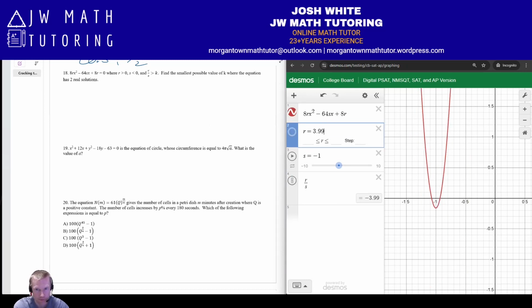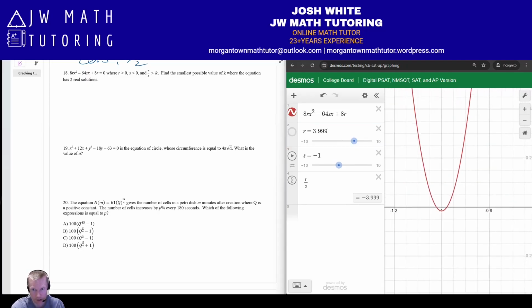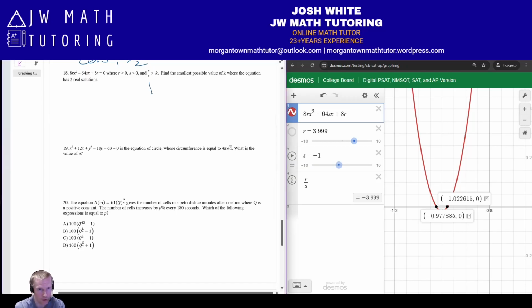Notice, and I can even add another 9 there. Okay, notice there are two real solutions right here. There are two x-intercepts. So negative 3.99999, that is the smallest possible value that I can get for the R over S ratio,